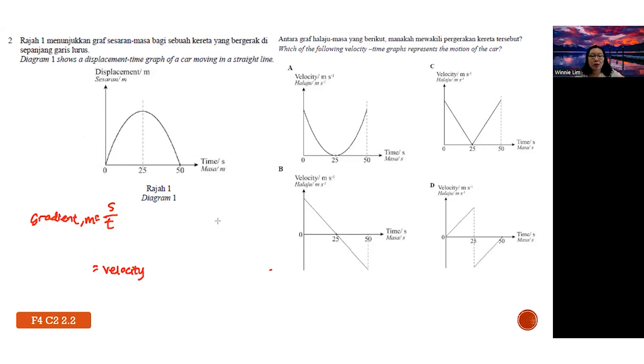Assuming teacher takes one point from here and one point from here, then you draw the tangent line. You'll notice what happens to the gradient of the graph. I assume this is point A and point B. B is less steep. If B is less steep, it means the velocity actually decreases